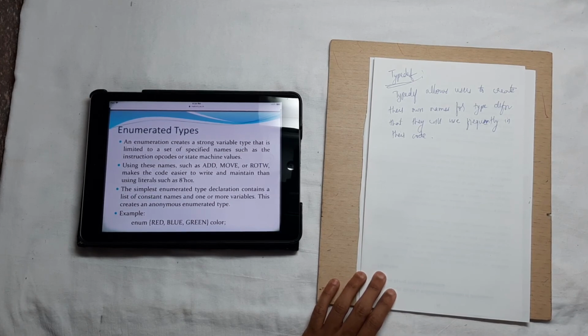Typedefs can be very convenient when building up complicated array definitions.